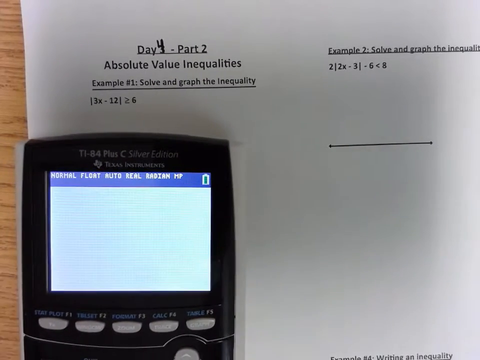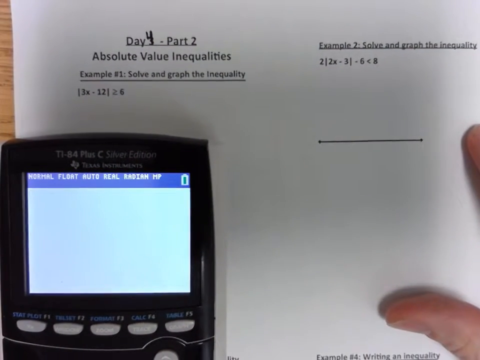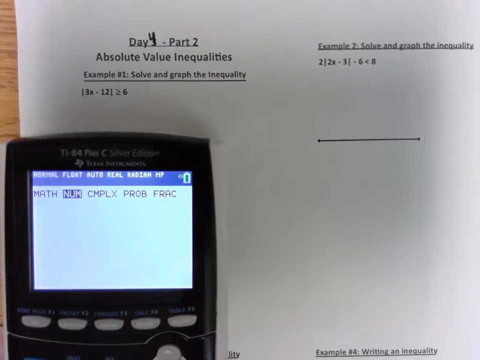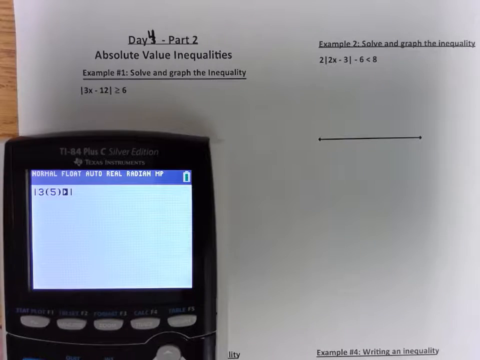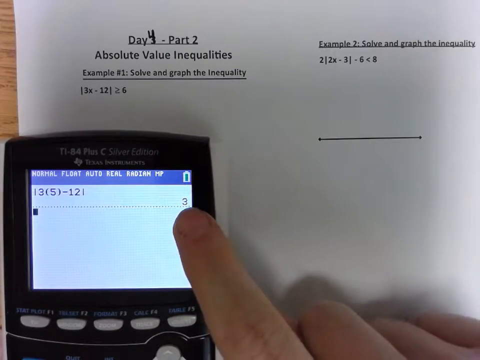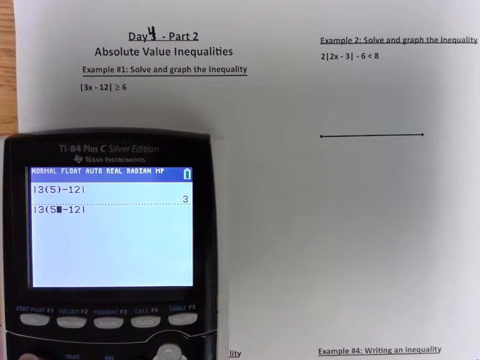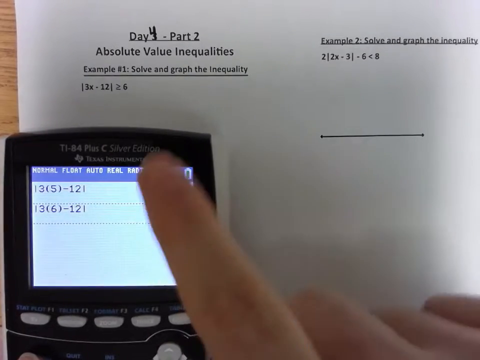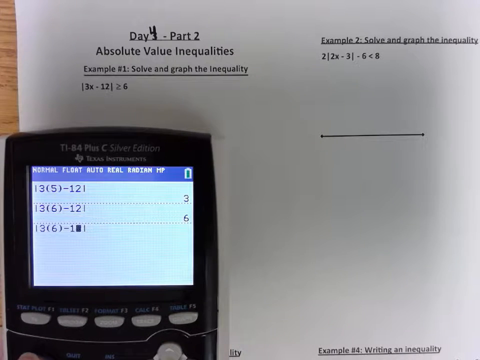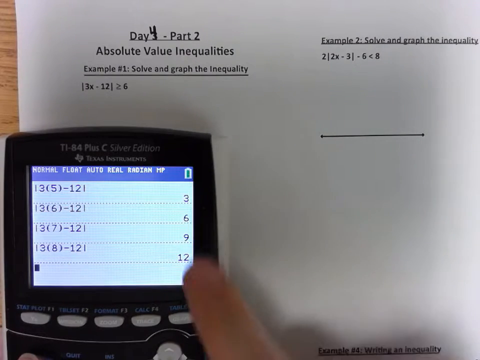Okay, so when I'm talking about the absolute value of 3x minus 12, well, you can guess and check. If I plug in 5, does that give me a number greater than or equal to 6? No, 3 doesn't work. So maybe if I plug in 6, well, that technically works. 6 gives me a number greater than or equal to 6, but there's lots of different numbers. I could do 7 and 8. And seemingly any number higher than that is going to get me a number greater than or equal to